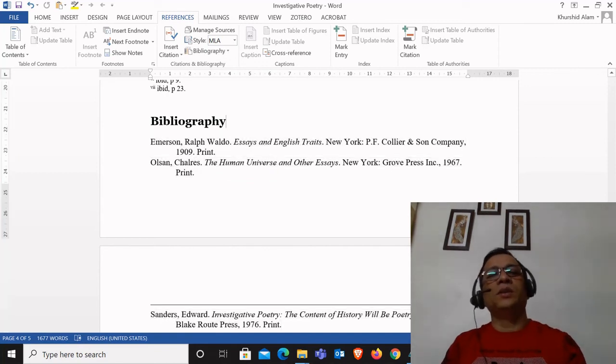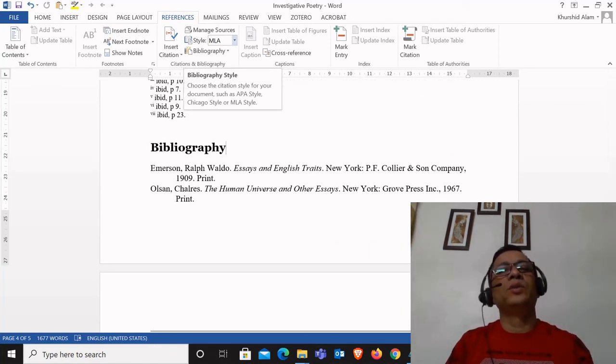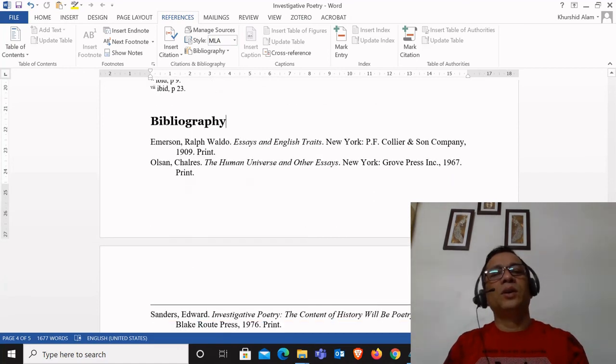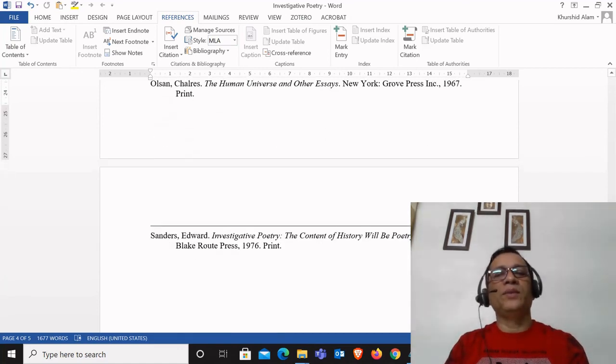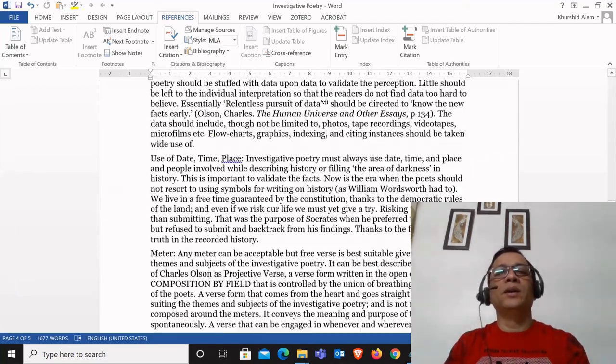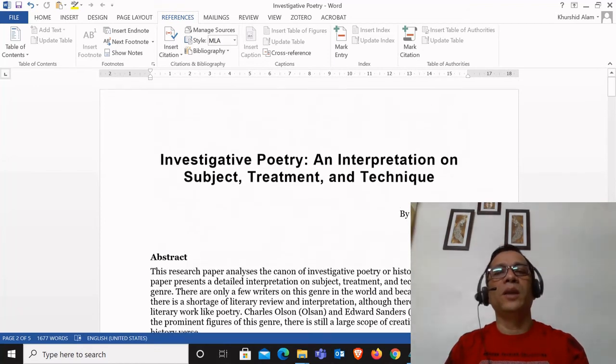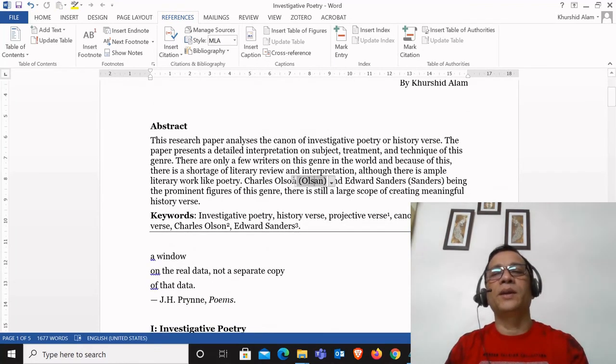This is a paper for English literature, so this belongs to humanities, so I would prefer to keep it to MLA style. So now the bibliography is in MLA style, and in-text citation is also in MLA style here and here.